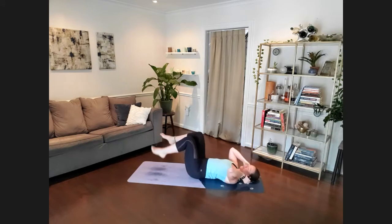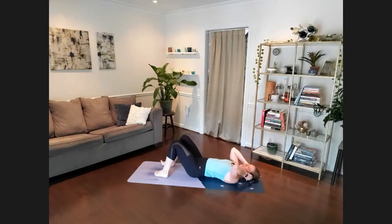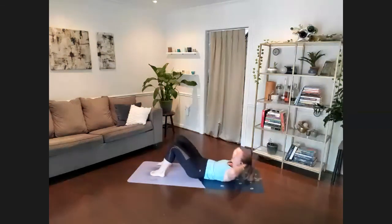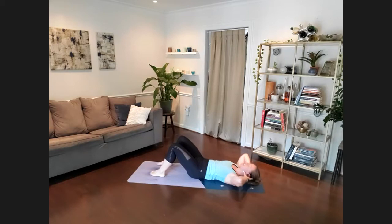Nice. Go ahead and bend those knees, plant those feet. We're going to keep it moving with some crunches, getting that upper core ready to go. So fingertips come nice and gently behind the ears, and then just a couple here, lifting the head and shoulders off of that mat, and then lowering back down. Give me a couple upper body crunches, keeping, again, that tennis ball size space between the chin and the chest, just getting our upper core warmed up here,